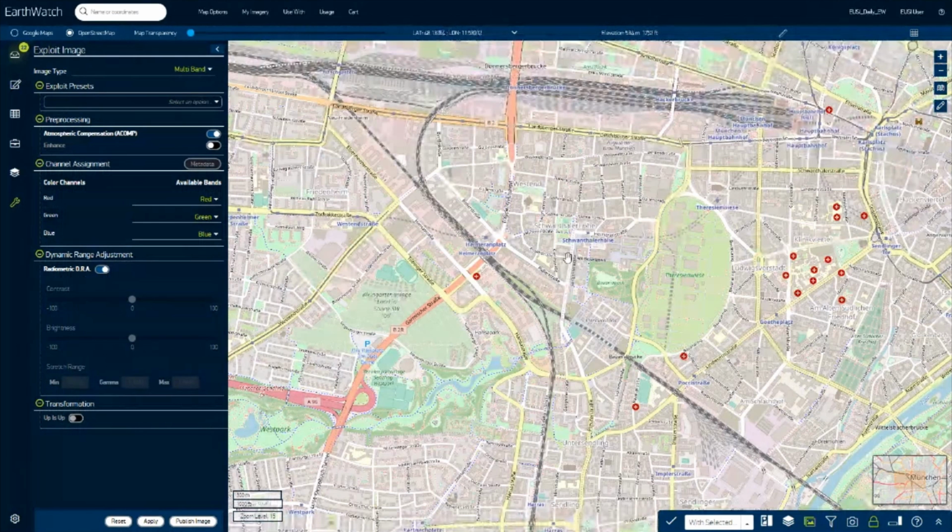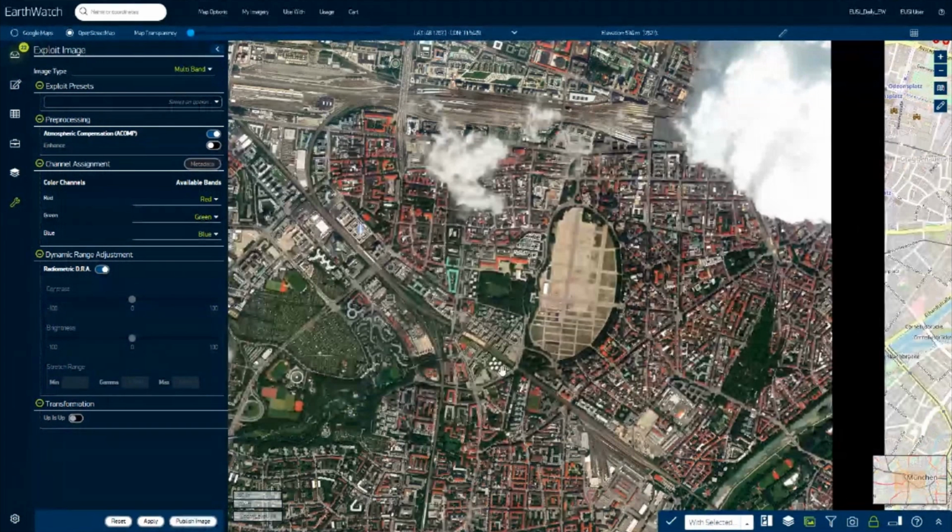Publishing this image in that case is actually putting it into your library from where you would download it, or putting it into your online carousel where you have access straight away from the online carousel in a private image, but you don't have to download.